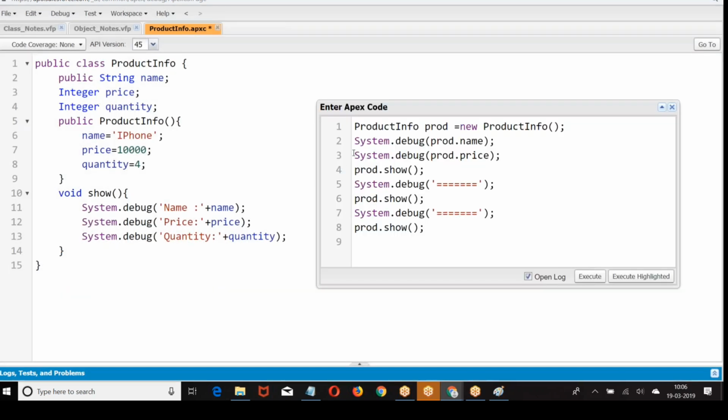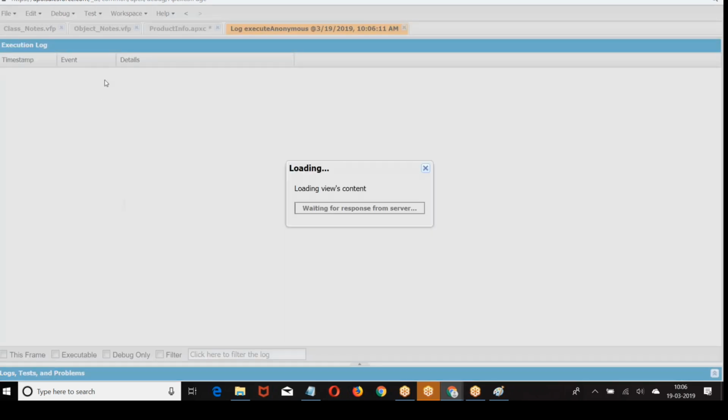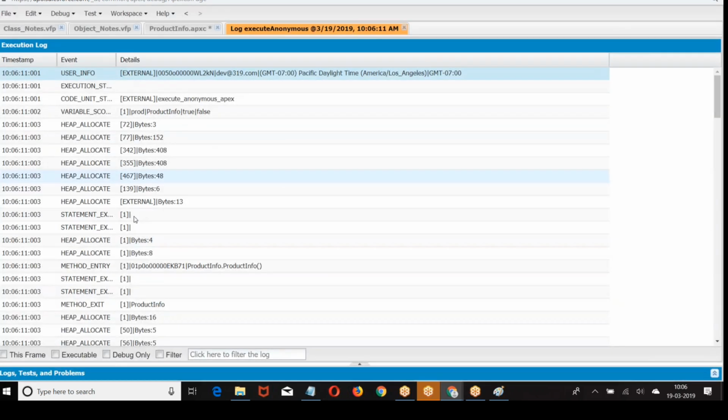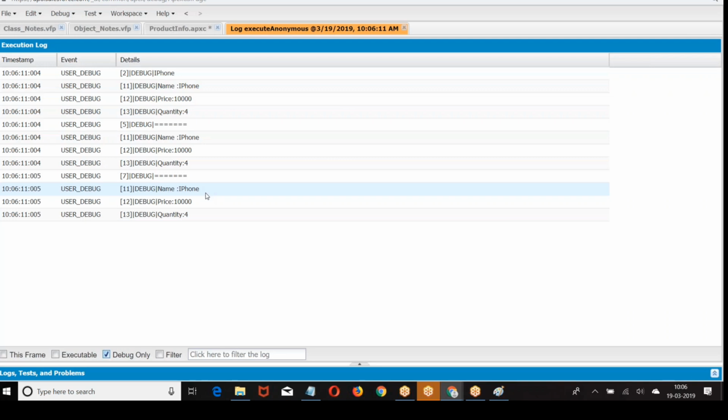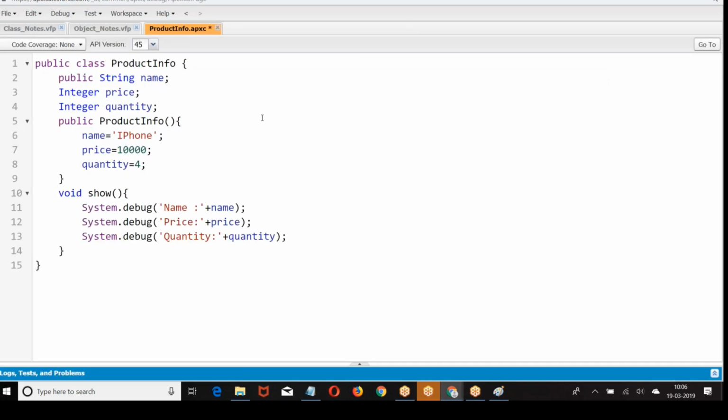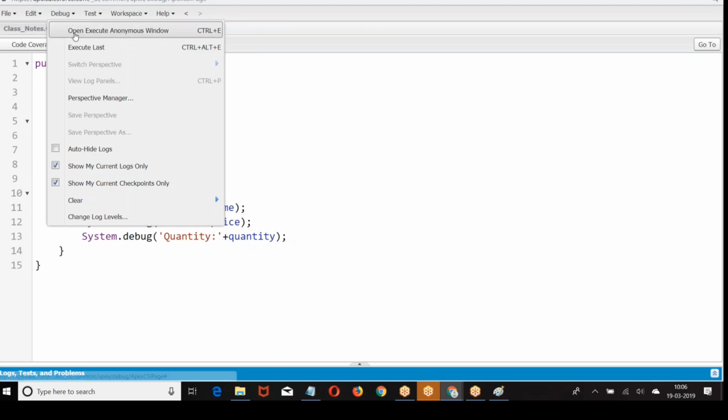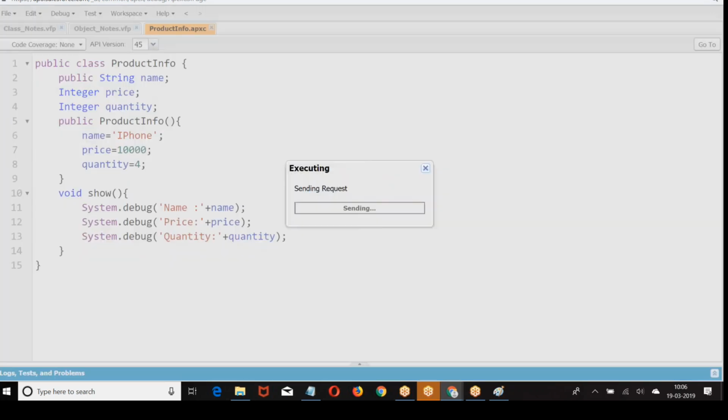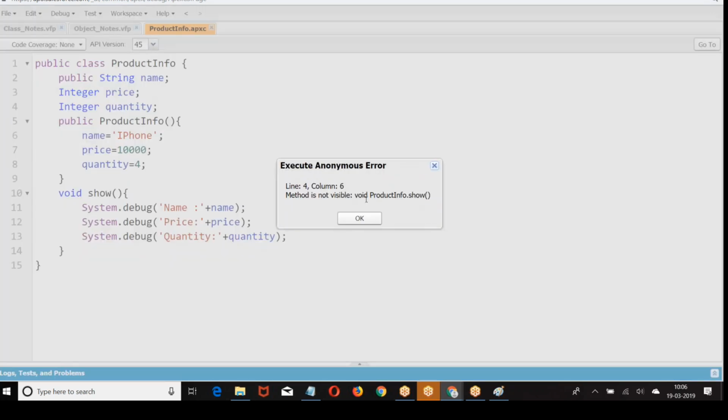No. So any member of the class you want to call outside, it has to be public or global. Any variable